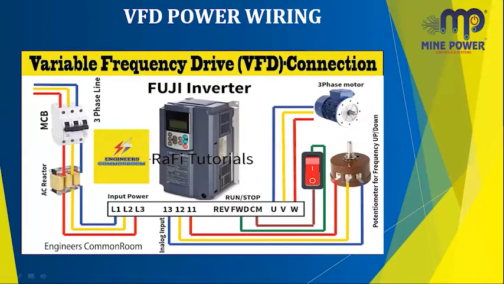We can manually control. Next you see run stop. It gives the reverse, forward and common. From common it gives to the switch, and from the switch it comes to the forward. Why the switch is used here means it is used to run the motor in forward or reverse process. Whatever process you need, you can choose with the switch and you can control the motor in forward or reverse process.